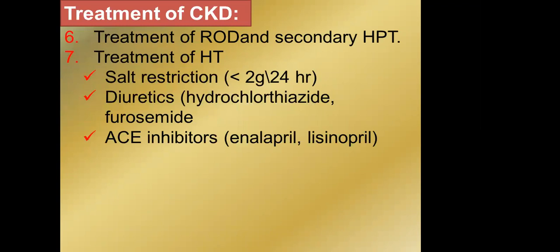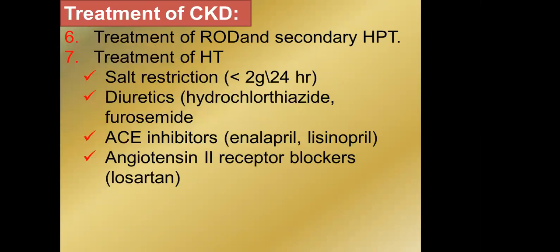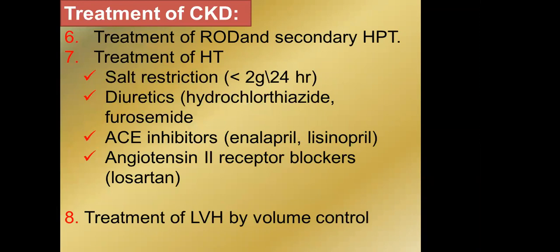Using drugs, angiotensin converting enzyme inhibitors like enalapril and lisinopril, and using angiotensin 2 receptor blocker, here losartan. Losartan is now the drug of choice for the treatment of the hypertension associated with renal osteodystrophy, especially if it is associated with proteinuria, because it will prevent the proteinuria and preserve the tubular function,